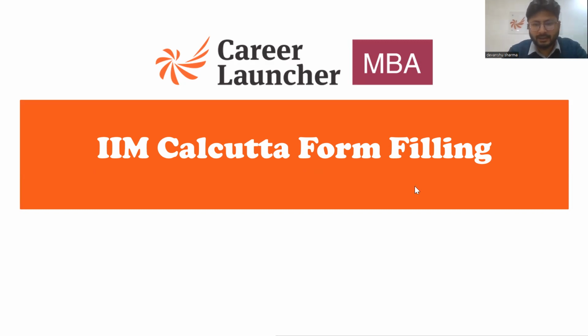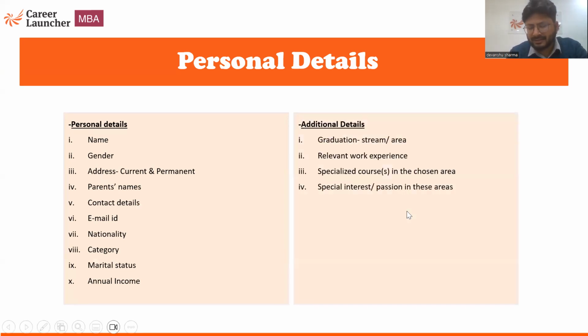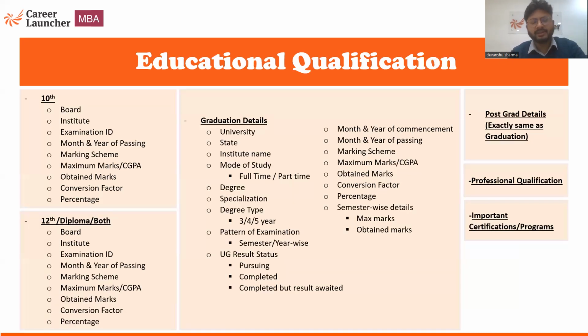So let's start with the basic details. You'll have to fill out some basic details like name, gender, address, parents' name, contact details, email ID, nationality, category, marital status, annual income, and all those things. Along with it, some additional details would be there, like which course you want to choose, what are the special interest, passion in these areas, relevant work experience, graduation, what are the marks in the graduation stream, and all those things. Along with it, basic